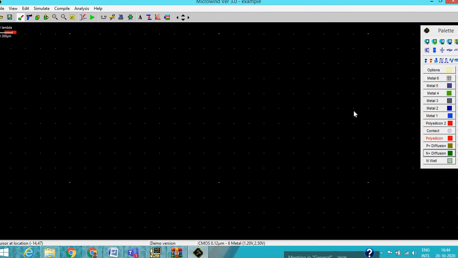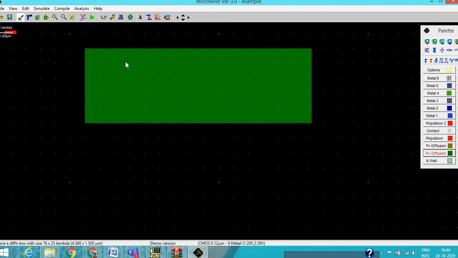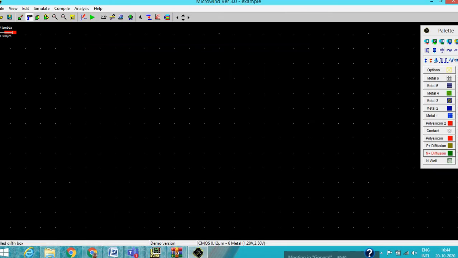But if you want to build the P MOSFET, in a P MOSFET we know the substrate is an N minus material. Here the background is a P minus. So first of all we have to put the N minus in an area in which we want to build a P MOSFET. So suppose in this much area we want to build a P MOSFET, then first we put the N minus substrate in that area, sorry, this is not an N minus, let me remove it, right?